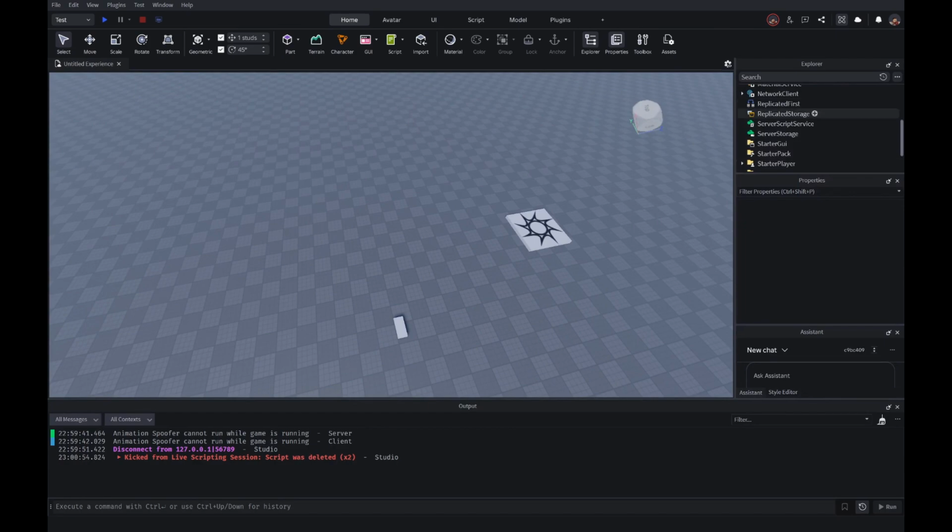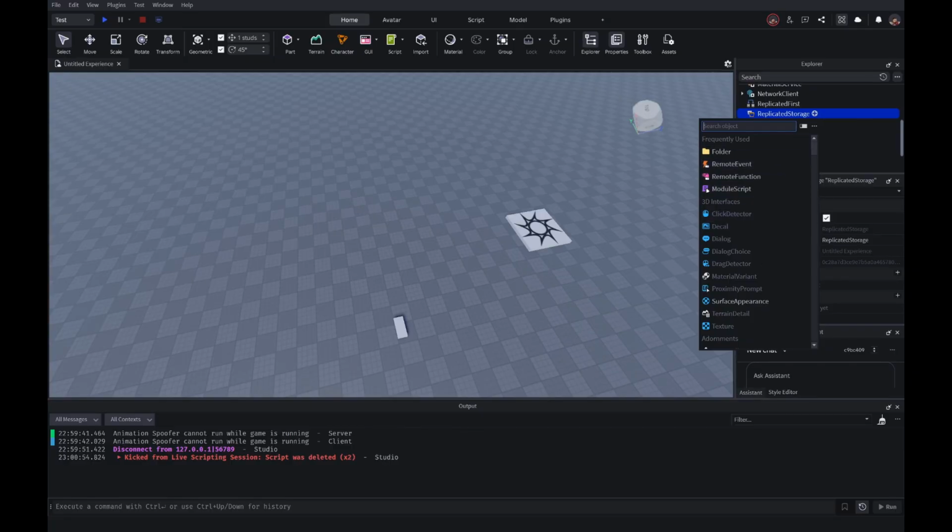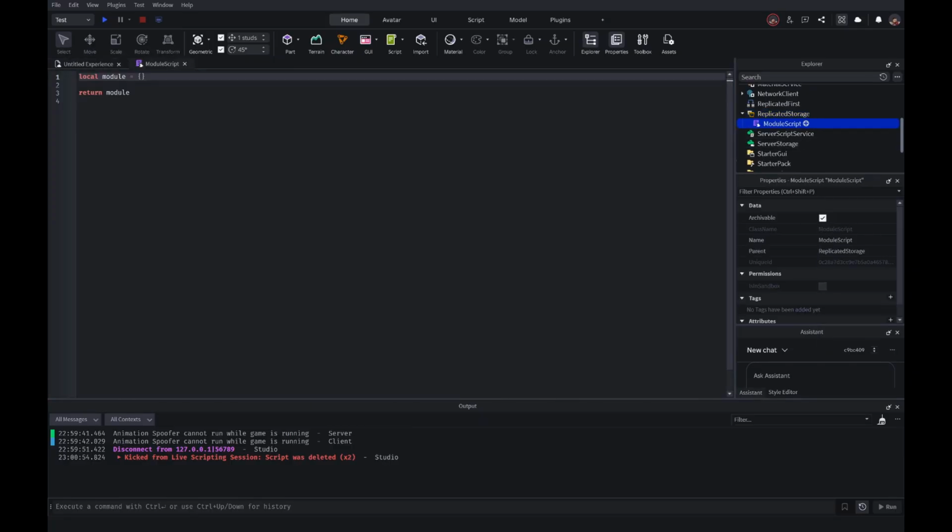So, let's add, you would need to add a module script. Module script, and let's just name this JH. Alright, I'm gonna just name this as well, JH. Whoops, and then you gotta change the name for this. JH. And what you want to put inside this table, this module script's table, is